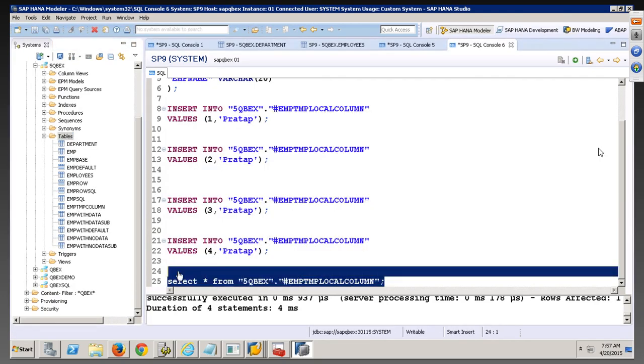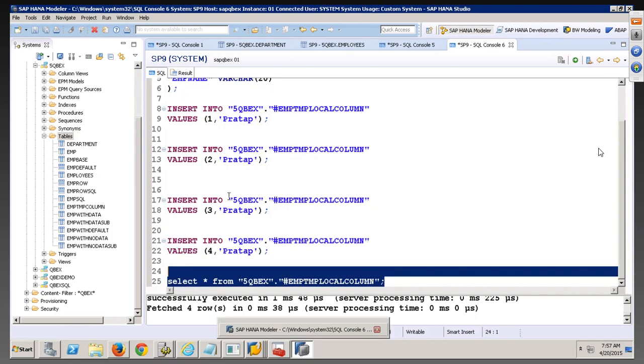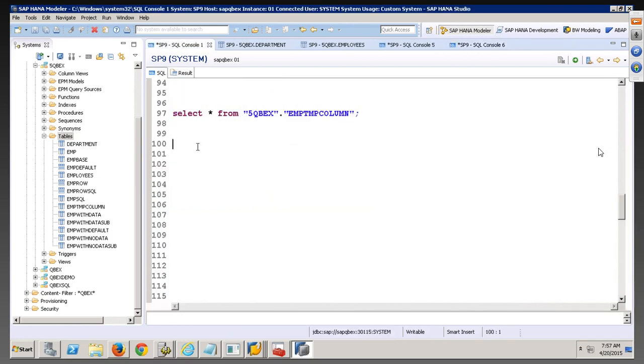And when I try to run the select, I can see data. But when I try to run this select from a different session,